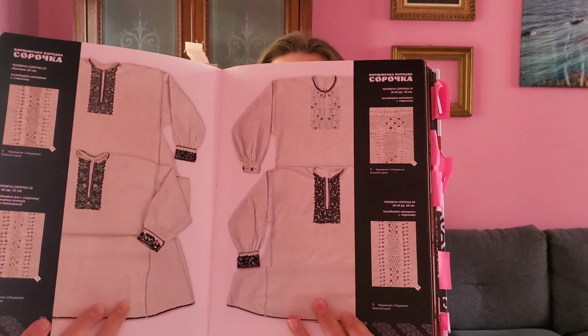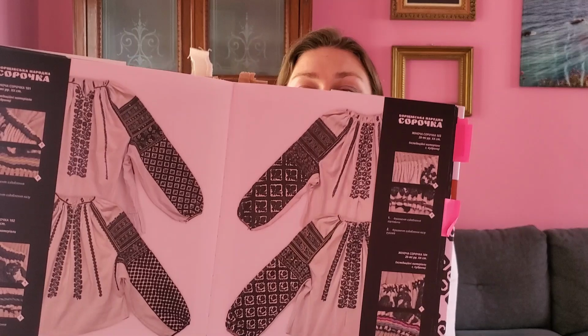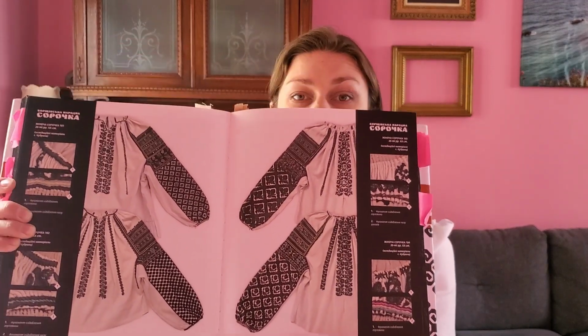So doing this Vyshyvanka, I'm using the classical style. For example, this one is a men's Vyshyvanka. This book is full of beautiful Vyshyvankas. This is men's, and I'm going to show you a female one, maybe just an example, or maybe I can even find the page which I use to stitch my Vyshyvanka. Maybe I will show you this one, even though it's not the one I'm stitching, just as an example. So these show pictures of old Vyshyvankas here, and then on the next pages there are close-ups